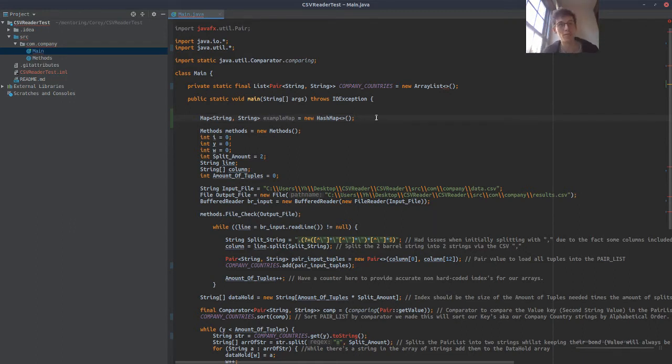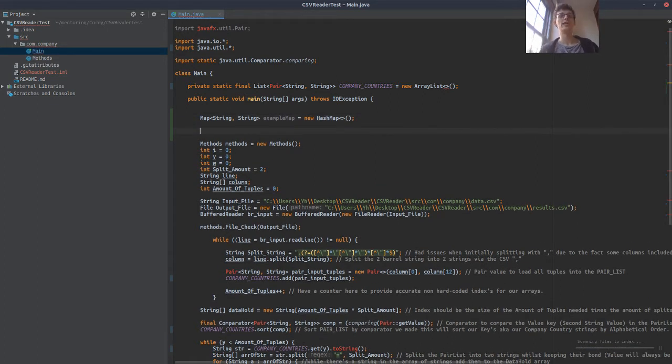So I think you're on the right track though. The key has to be unique, and if I try to insert a new key, it just overrides that value, right? I think this is the right way to do it, because if we have a tree map, as you said, then the countries will be implicitly ordered by the key, which is how we want it. We want them grouped and ordered by the countries. So if you have, for example,